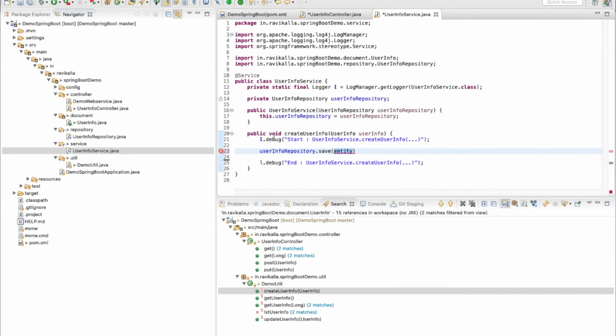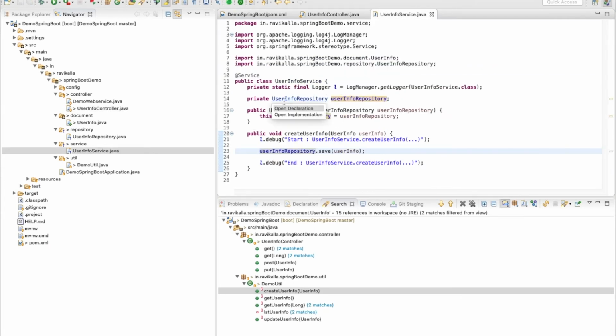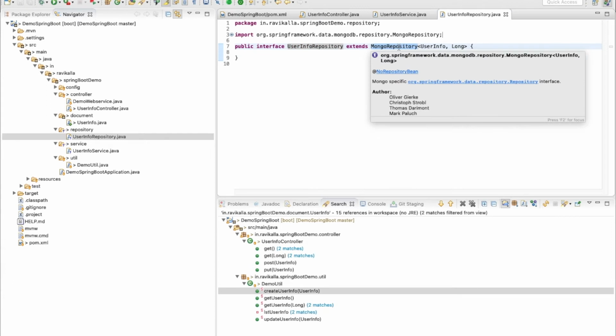I can save this user info. Basically, this repository class UserInfoRepository is extending MongoRepository. Inside this MongoRepository there is a function called save.